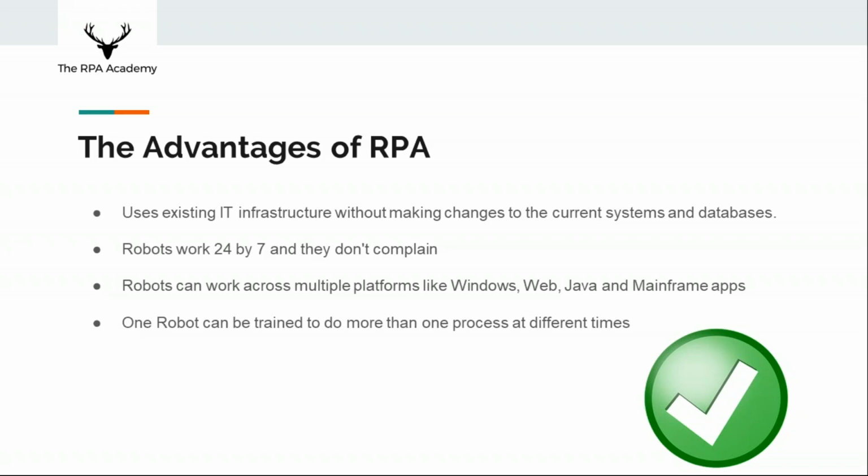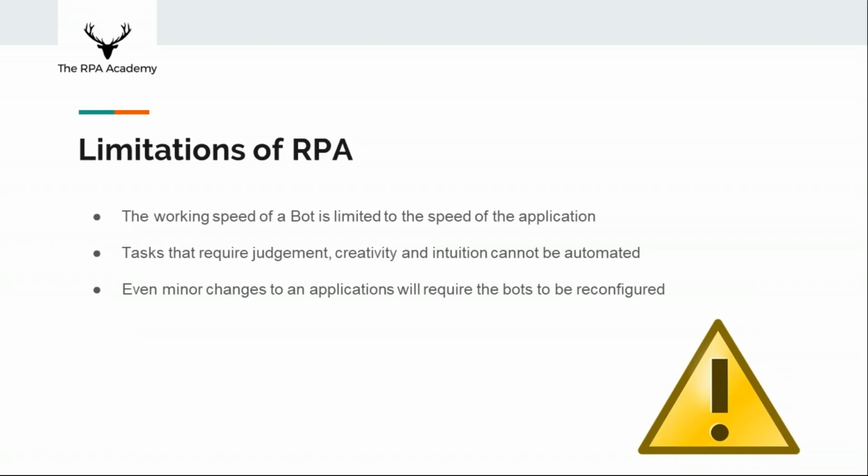And that's what I said as well, that I'm not a technical person. So business people can automate. It doesn't have to be your IT people. So that's the really good main advantage of RPA. And the limitations is obviously the rules again. You have to have the rules. Your process is as good as your specifications. And obviously, because we're automating front end, if a button changes location, that's going to be a problem.